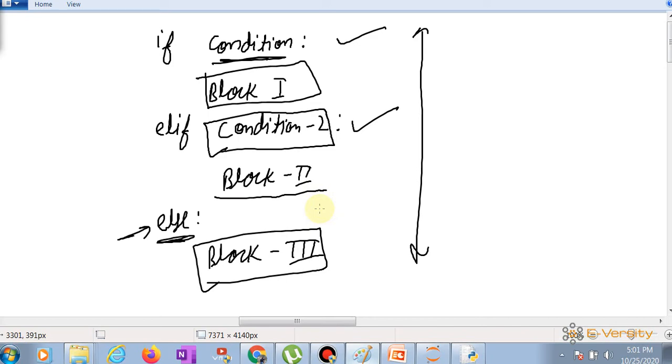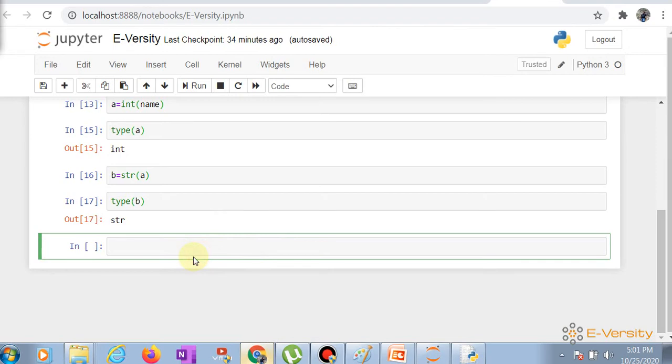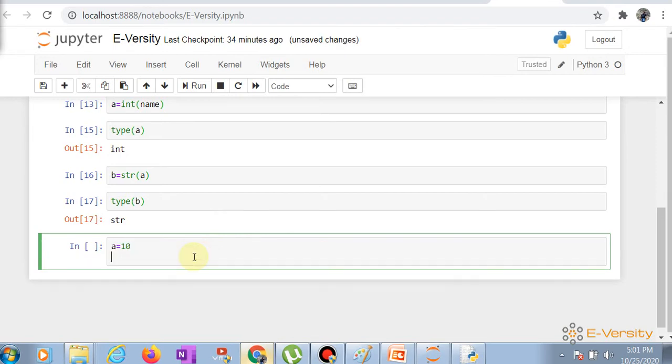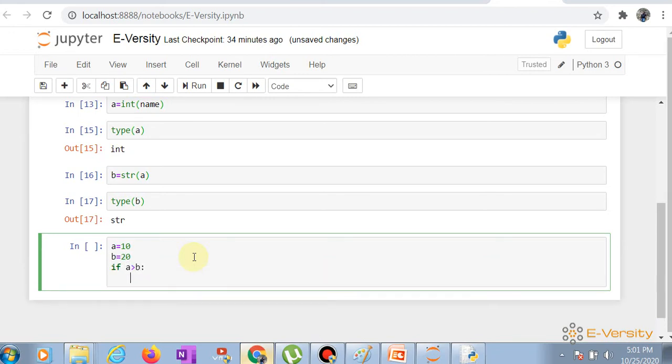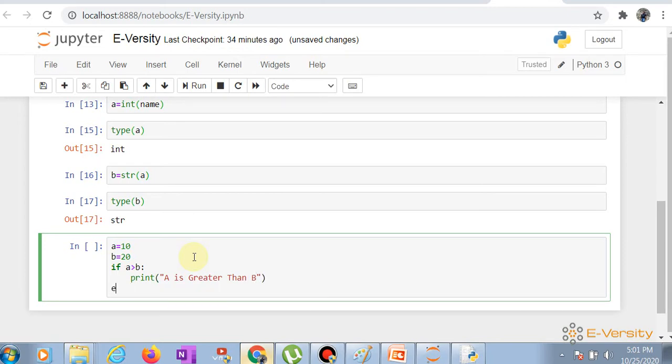Which condition is true, that block is executed. Okay, so this is basically if else. I'll just take an example here. A is equal to 10, B is equal to 20. So I am writing if A is greater than B, print A is greater than B. Okay, condition is false, else